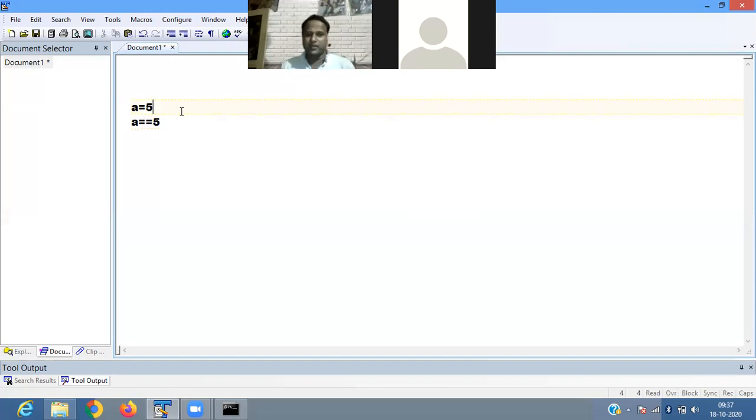Okay. So a = 5 means we store 5 in a. And if I write a == 5, that means I will check whether the value of a is equal to 5 or not. That is the difference between the equals and double equals operator. The equals operator is called initialization, or you can say assignment.